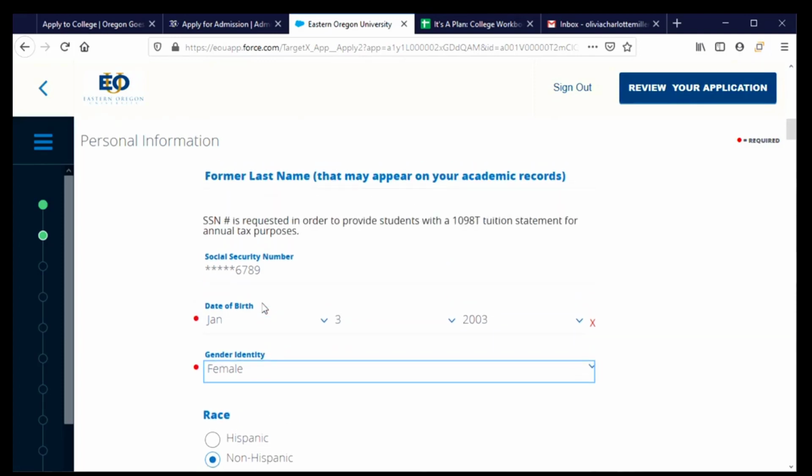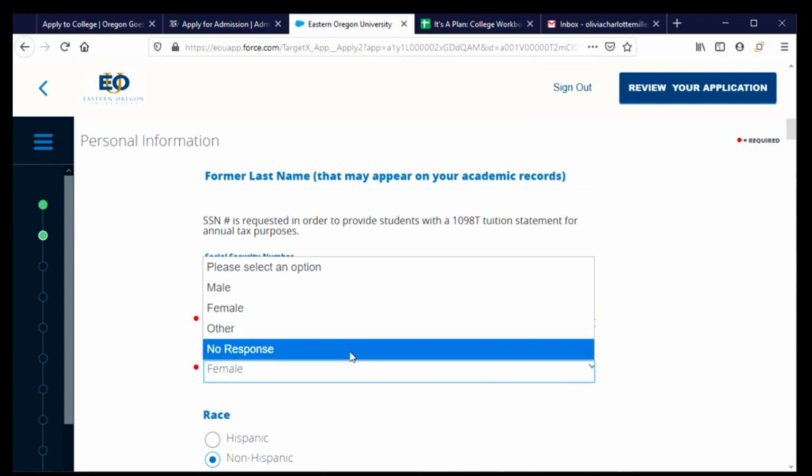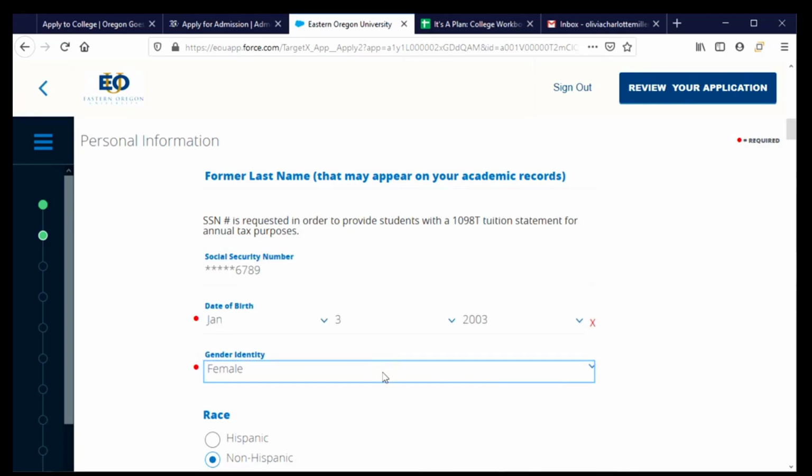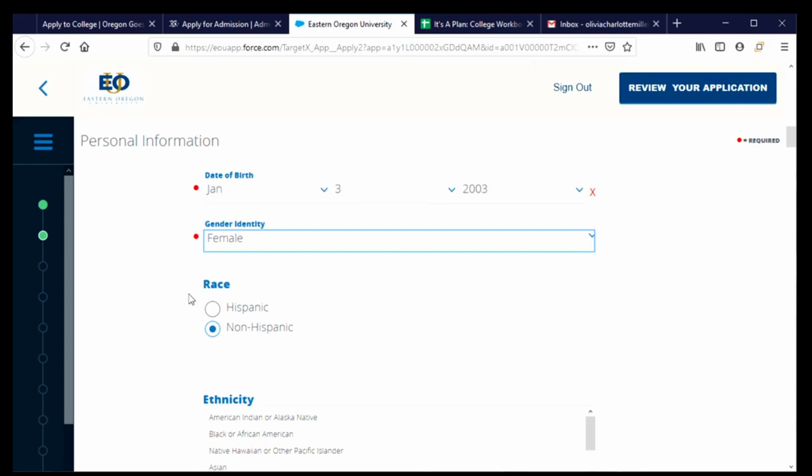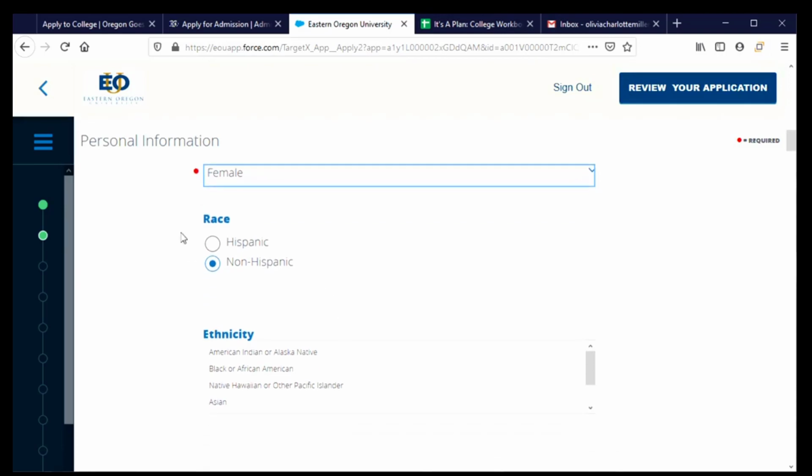Keep in mind, it's becoming clear to me that these red dots are the dots indicating that a question is required of me. And so I am required to provide some kind of response, but I have, for example, as in the gender identity, the option to choose no response, but I have to make that choice. If there's no red dot, then those are optional questions and I'm not required to respond to them. I'm going to choose to respond to the race and ethnicity questions, however, and so I'm going